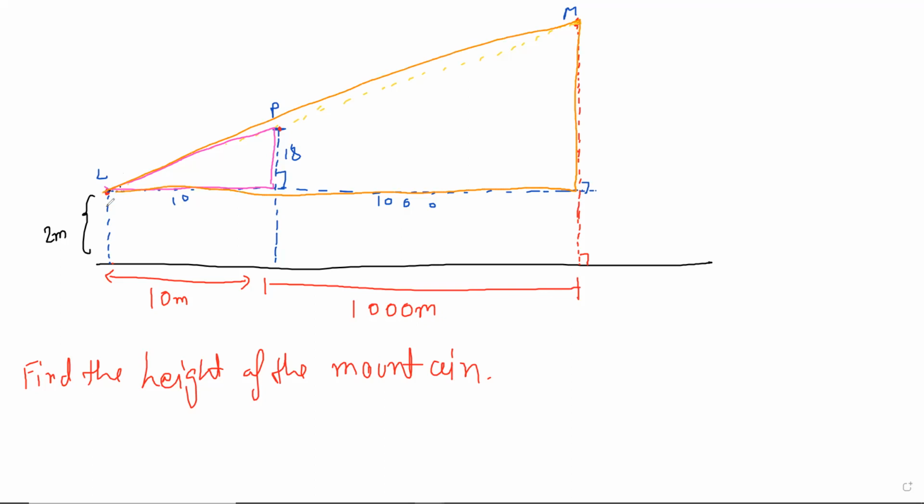And what is the extent of expansion? The extent of expansion is given. It's 10, and this whole thing is 1010. So this 10 by 1010 is really the scale of the expansion, and that remains the same for the other sides. So this side 10 is getting expanded to 1010. That also